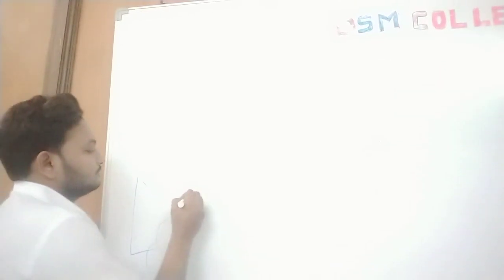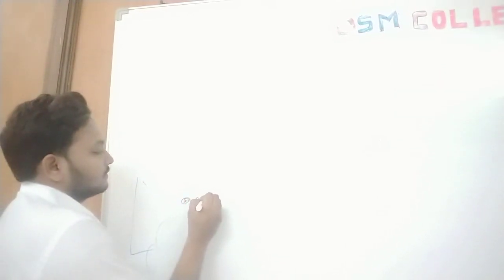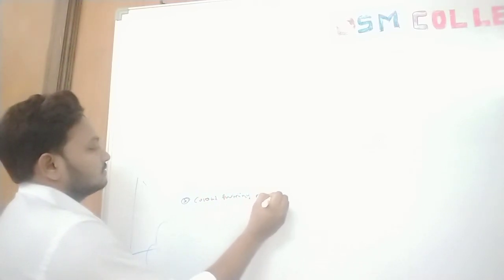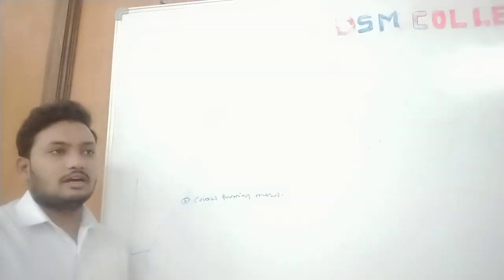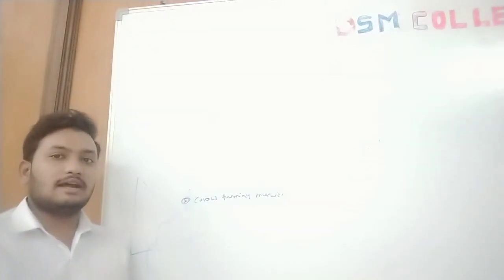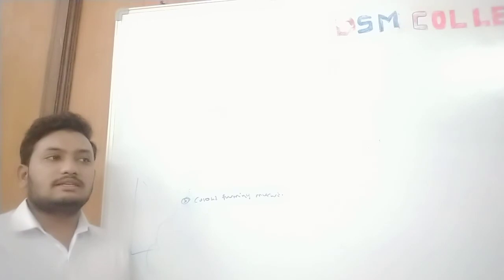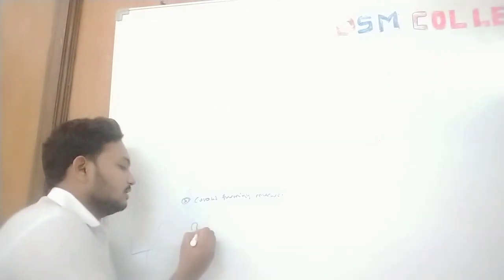Another method is the color forming method. It is also one type of method. It is a non-affinity method. In this method, we isolate the recombinant protein through gene expression. Suppose some genes are expressed in the form of proteins, which means they act on a particular substrate. Suppose this is the recombinant protein.